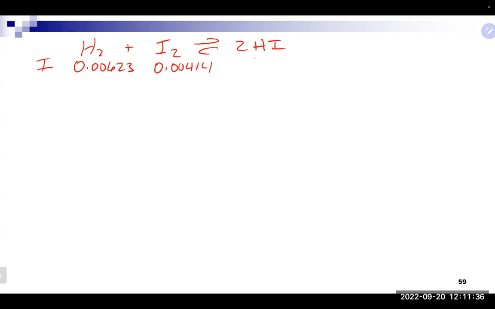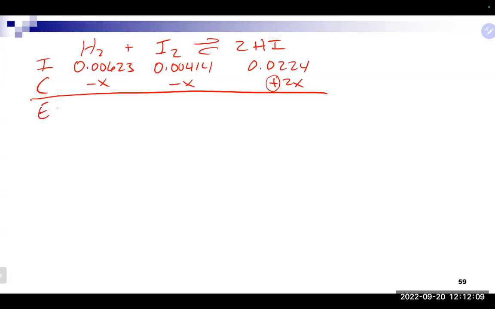And again, here we're not going to put this as 0 because we do have an initial concentration here for our HI, which would obviously be 0.0224. In the change part here, we're going to go minus x, and this is plus 2x here. Again, remember that it is plus on this side. Sometimes people are used to, I have a number, then it's got to be minus x or stuff like that. Carrying this down,